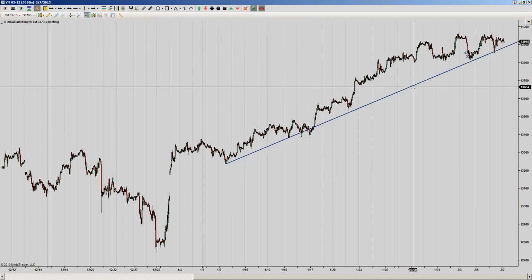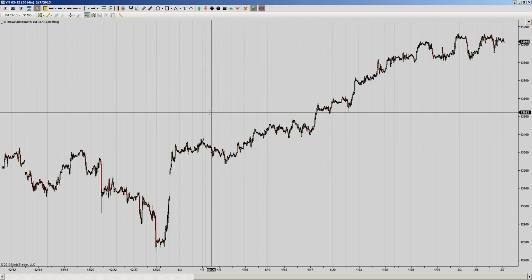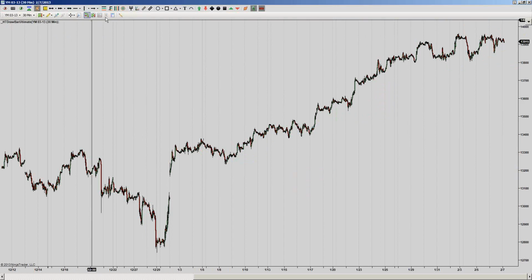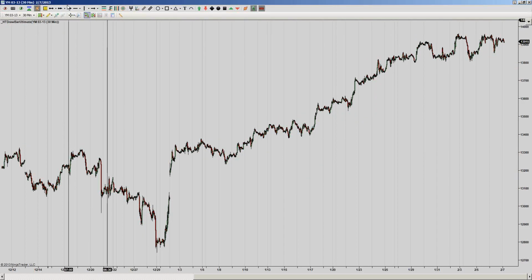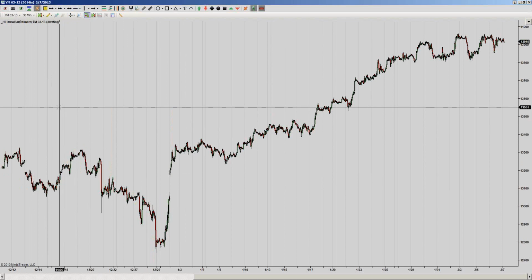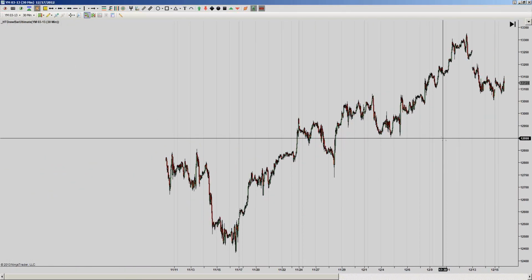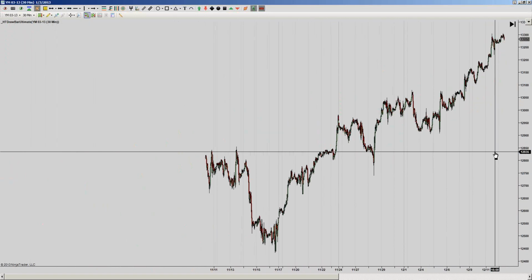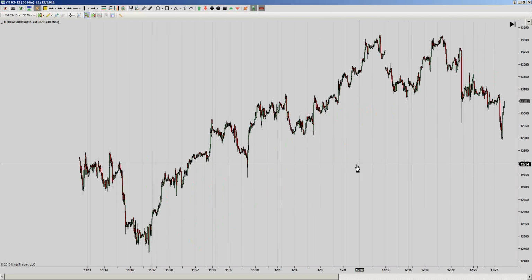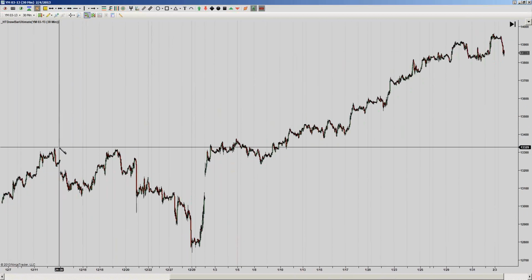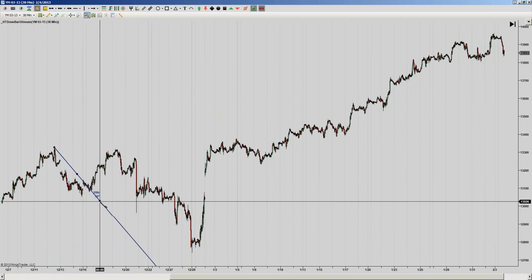Now if I hide the extension lines and we get rid of this ray, the same individual that was looking for the perpendicular line was also looking to, let's say we were at this point in our chart. We don't know what's going to happen here later, but that was the high point of our chart and nothing was any higher. So what he would do at that point is he would take his ray and he would want to draw a